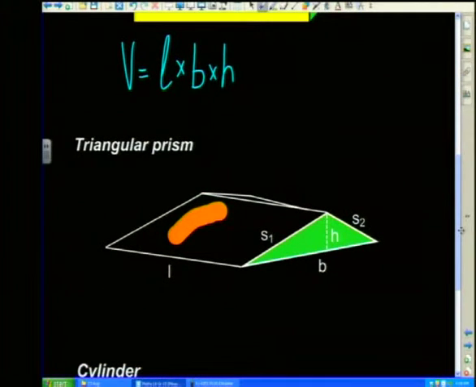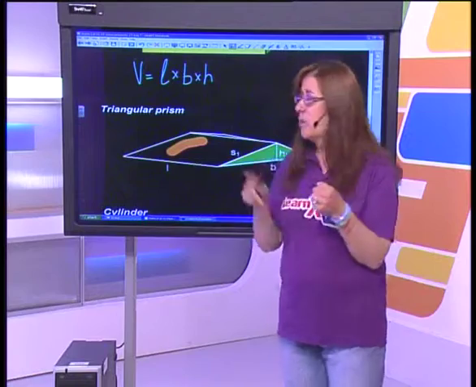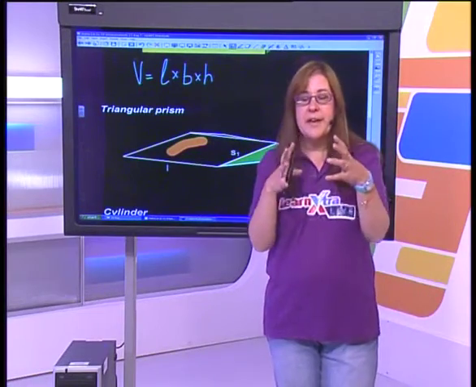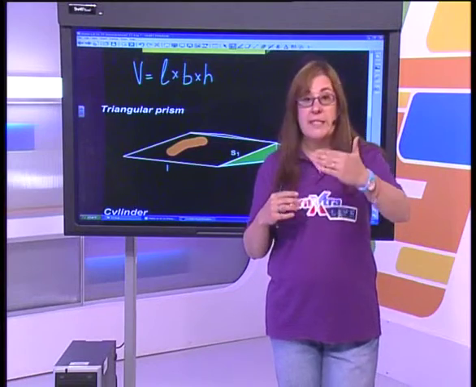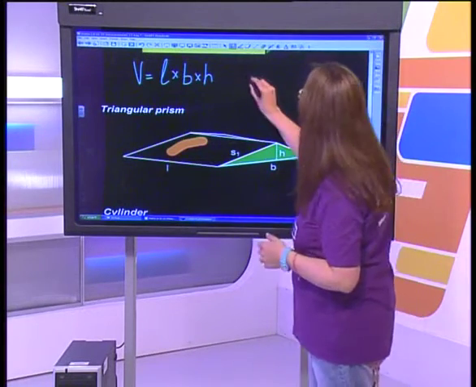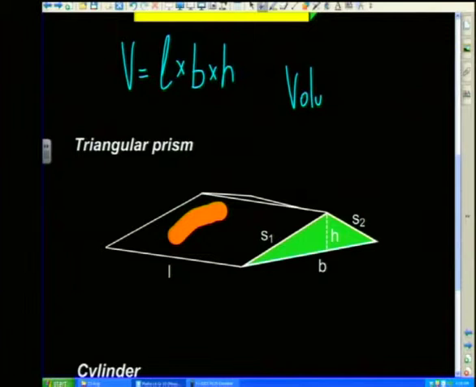And a triangular prism, well, in this case, when you've got a shape that's not standard, like a box in a rectangular prism, we think about the common side. So in actual fact, I could give you that volume is actually the area of the common side, and I'll explain that in a moment, common side, times the height.